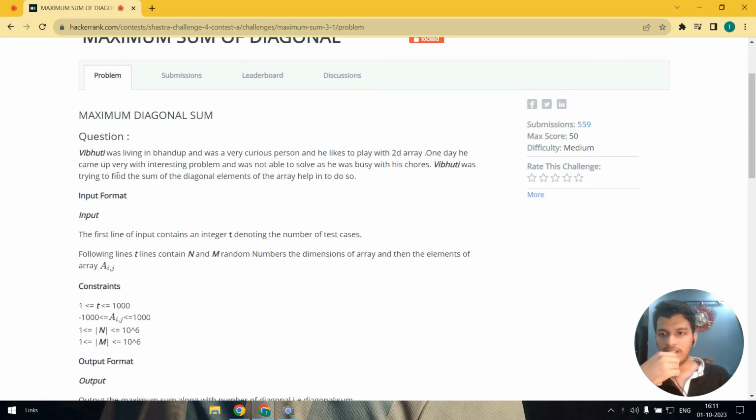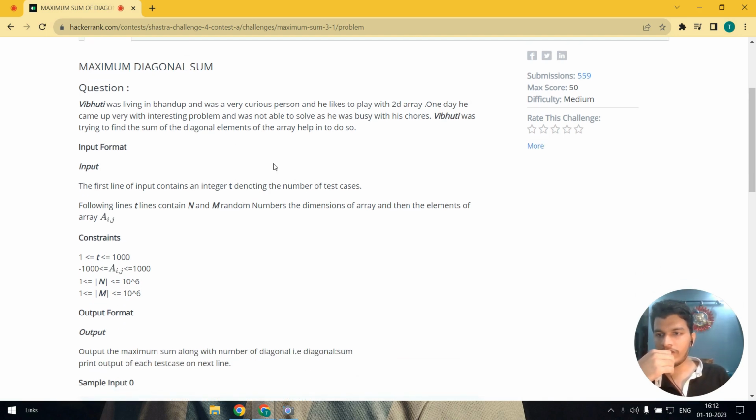The problem states that Vibhuti was living in Bhandup and was a very curious person and he likes to play with 2D arrays. One day, he came up with a very interesting problem and was not able to solve that problem. Vibhuti was trying to find the sum of the diagonal elements of the array and we have to help him to do so. We can see that the input format of this is we are given the test cases